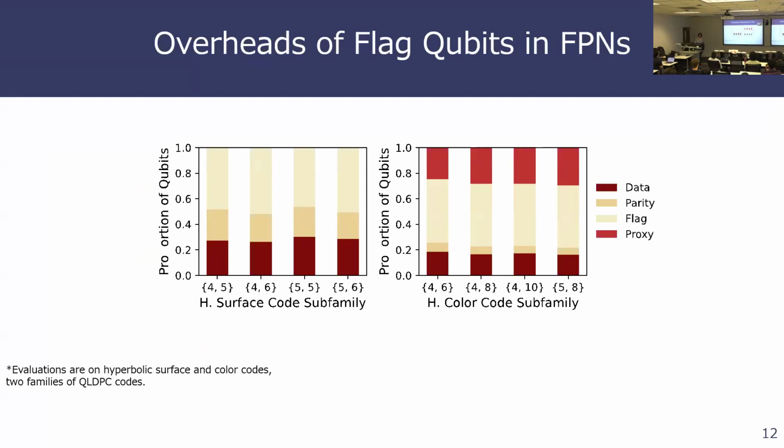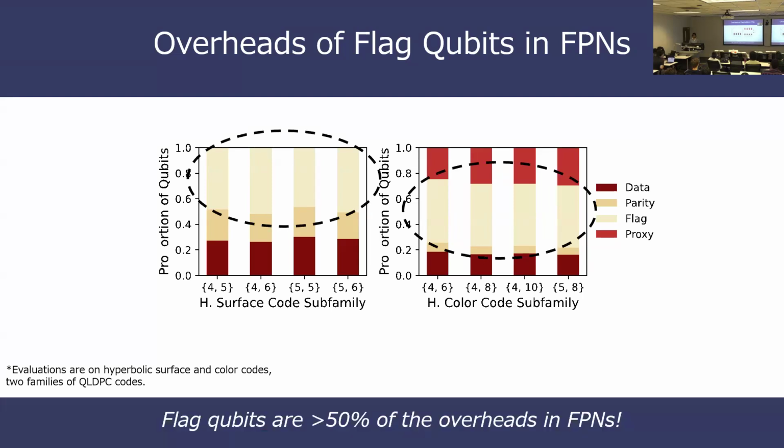So the biggest challenge with flag proxy networks is actually flag qubits. These take up quite a bit of overhead. If we look at the two types of QLDPC codes we're looking at, hyperbolic surface codes and hyperbolic color codes, they take up about 50% of the qubits within my flag proxy network. This is rather steep. Keep in mind, all I had to begin with were data qubits and parity qubits or check qubits. Right? These are actually not too much in terms of overhead. So ideally, we want to reduce these flag